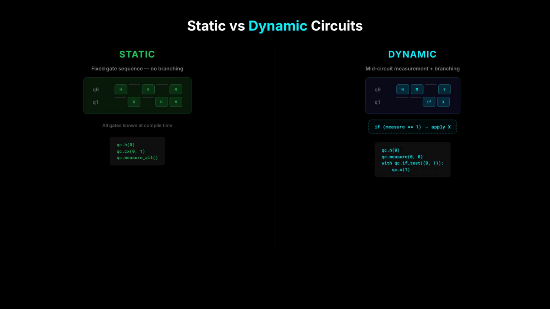A good example would be quantum teleportation. You do a mid-circuit measurement, then apply a correction depending on the measurement result. It makes quantum programs feel more like programs and less like fixed experiments. But realistically, it's still limited compared with normal CPU control flow. We're not at the point where a quantum program behaves like a normal imperative program with arbitrary loops and branching on hardware. Dynamic circuits are where quantum computing starts to feel less like static circuits and more like runtime computations.